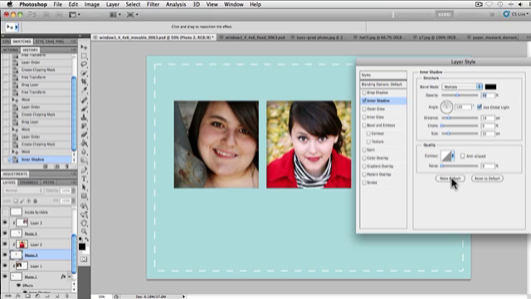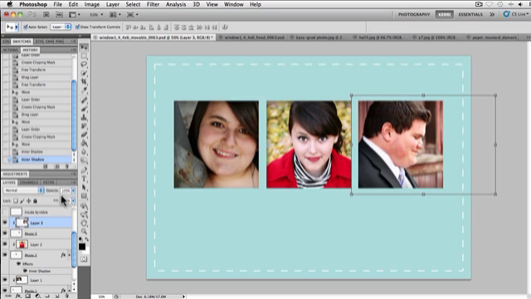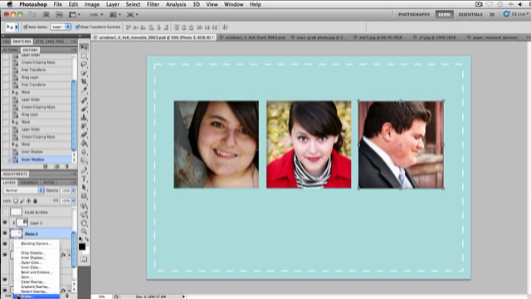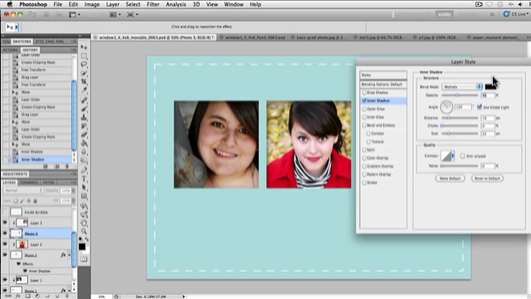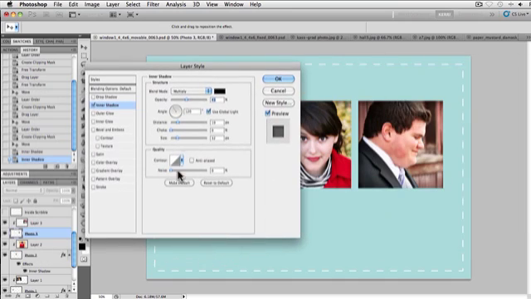I can click on the Make Default so that the next time I open it, when I go to do Zach, I'm going to click on Photo 3, go to FX, go to Inner Shadow. You can see it remembers my settings from the last time that I used it. So they're already set exactly where I want them. But say, for example, just to show you, I'm going to uncheck Global Light. I'm going to move it around, and you can see that the direction of my shadow is now in the lower right corner. So we're going to go ahead and put it back up to about where it was